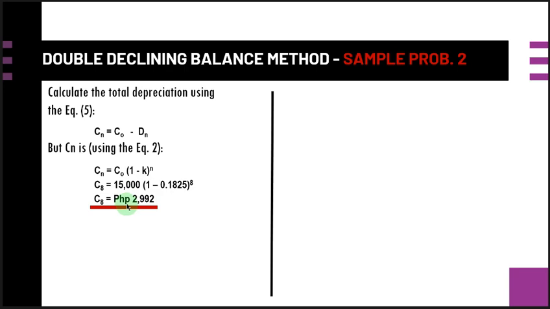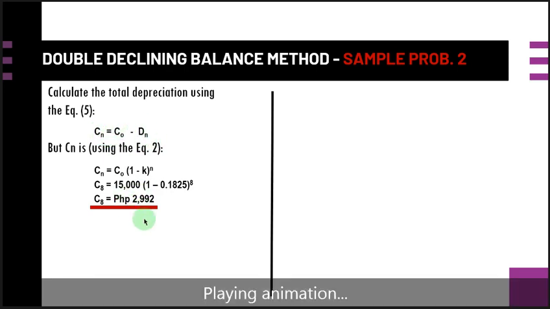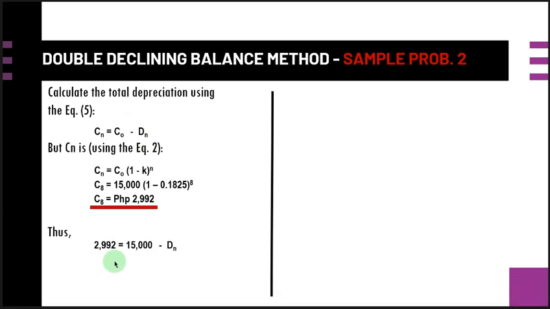So now we can calculate the value of our D8 here using this equation 5. So we have here 2,992, referring now to our C8 here, equal now to C0, which is 15,000 minus Dn. Our Dn here is our D8, so we can get the value of our D8 is equal now to 12,008 pesos. So we are done with the total depreciation, and the last one is the